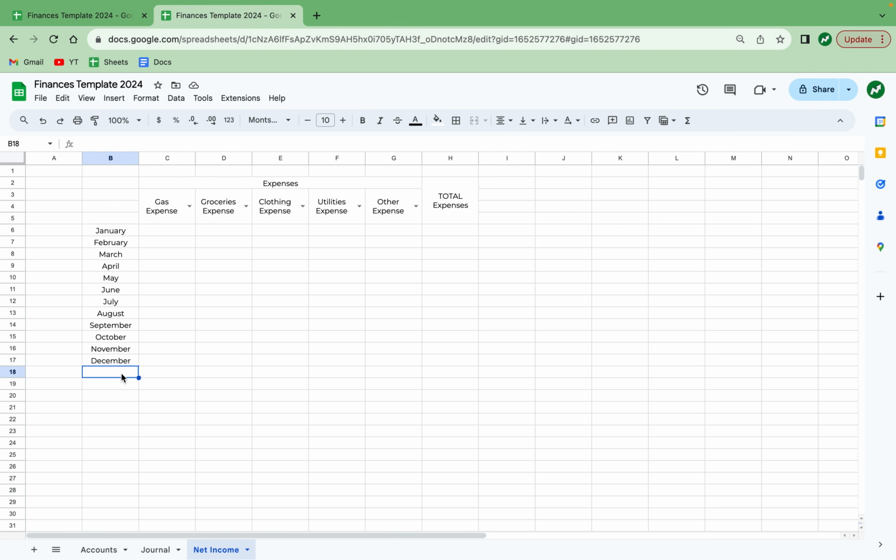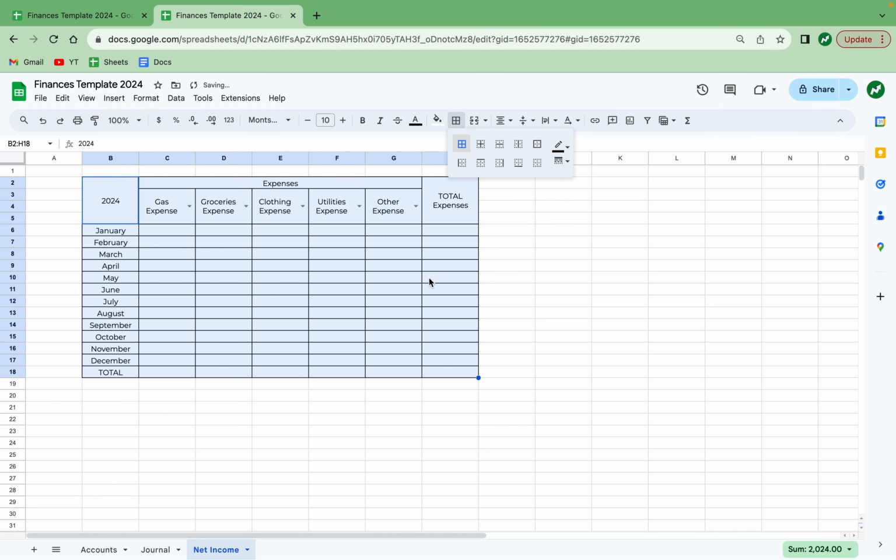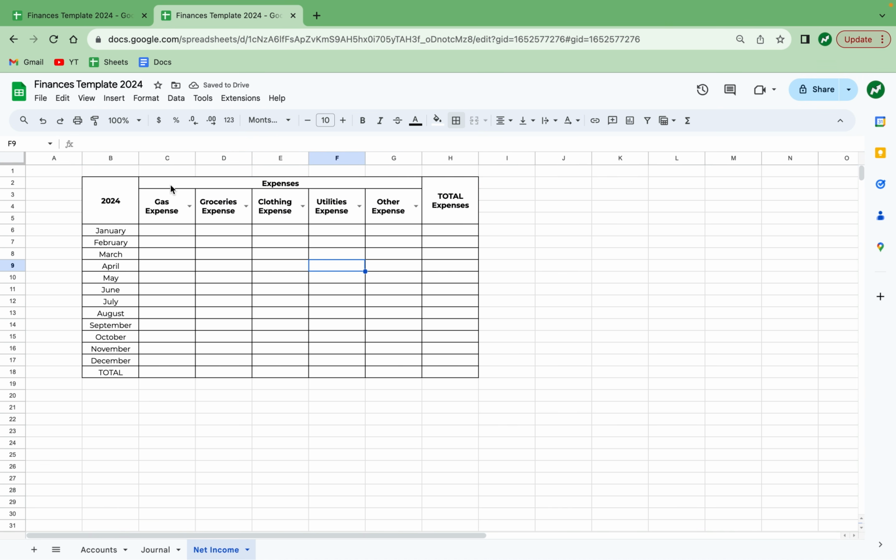I'll also make a total section here and create a cell here, merging all these cells. That just says that it's the year 2024. Again, I'm going to center this text. Okay, and now I'm going to highlight this whole range, give it borders, and then I'm going to start changing some things. Bolding here,